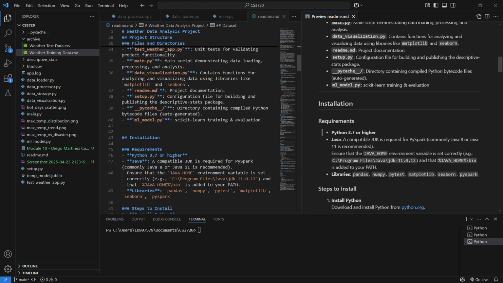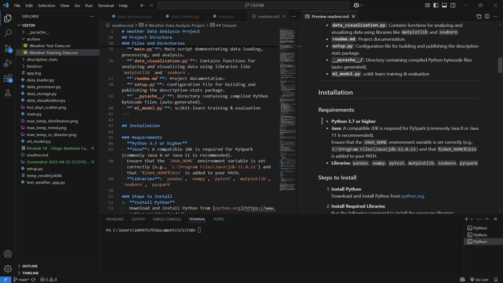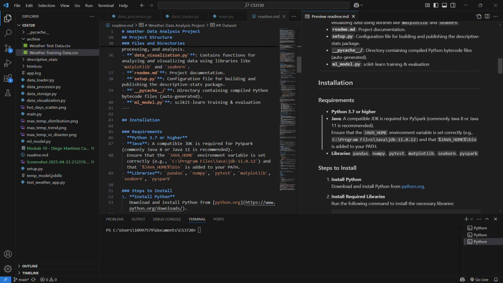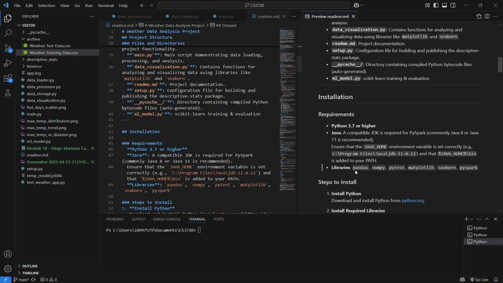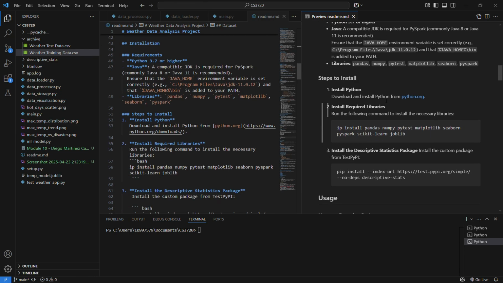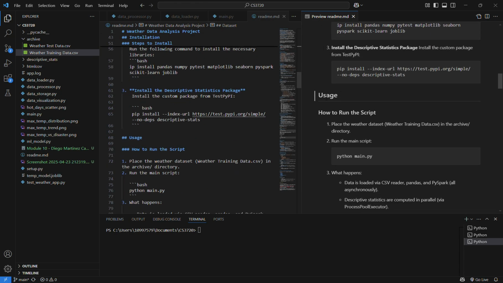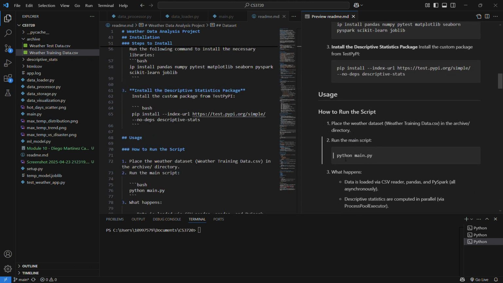To install, it's necessary to have Python 3.7 or higher. Also, Java is used for the PySpark module. And here are all the libraries that are needed to install and run this project. Here's a small step-by-step on how to do it. And in the usage, as you can see, to run the script you can do it from the terminal,